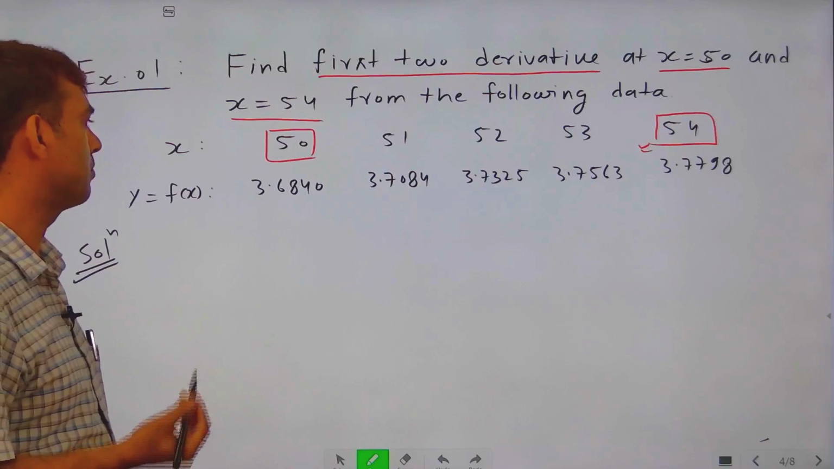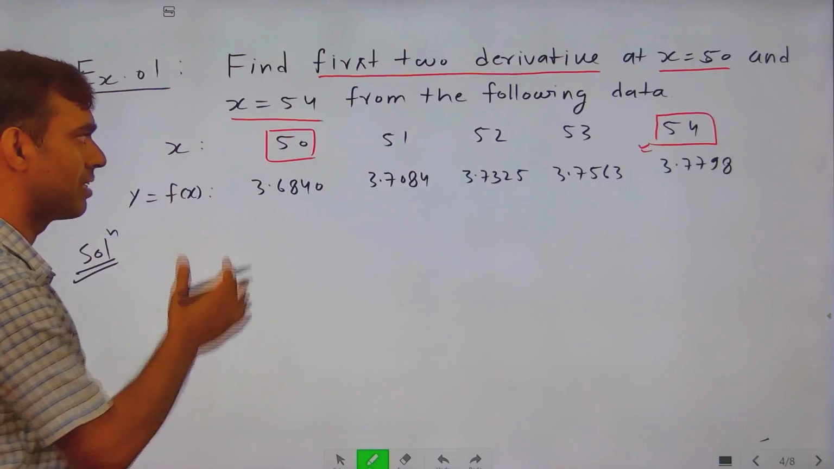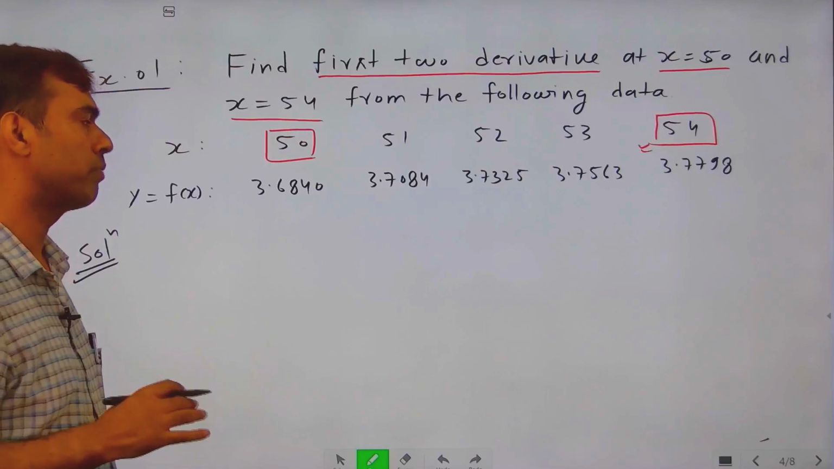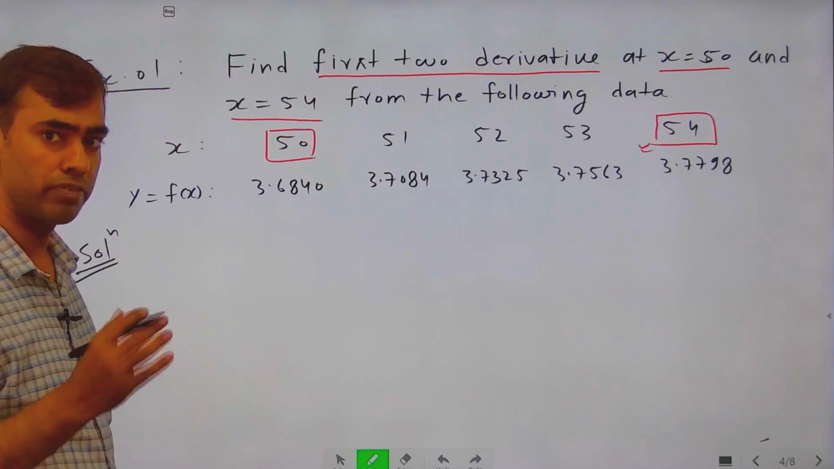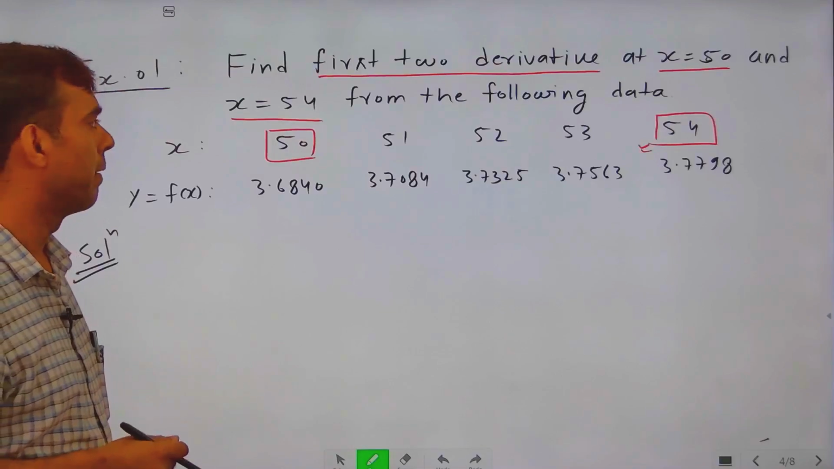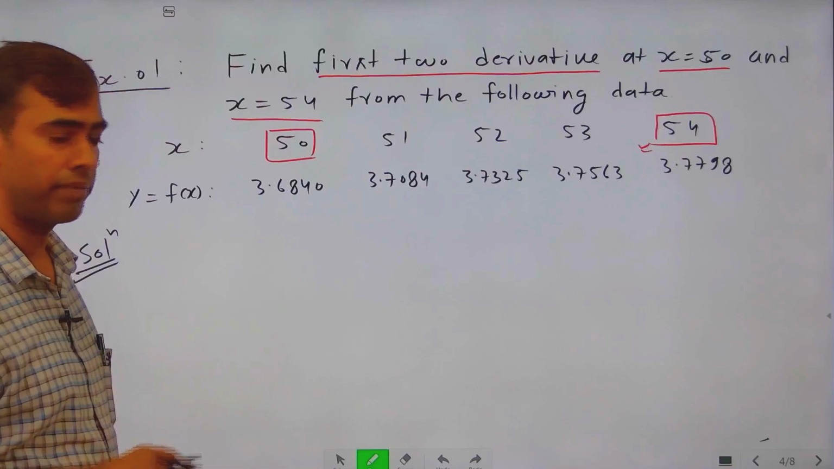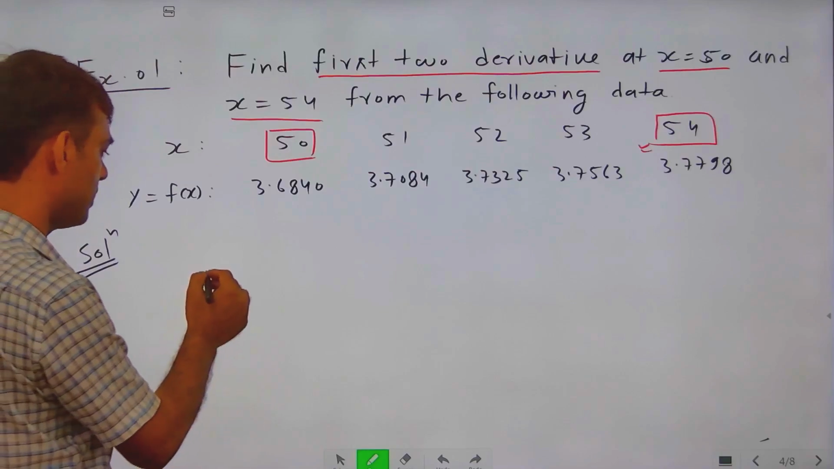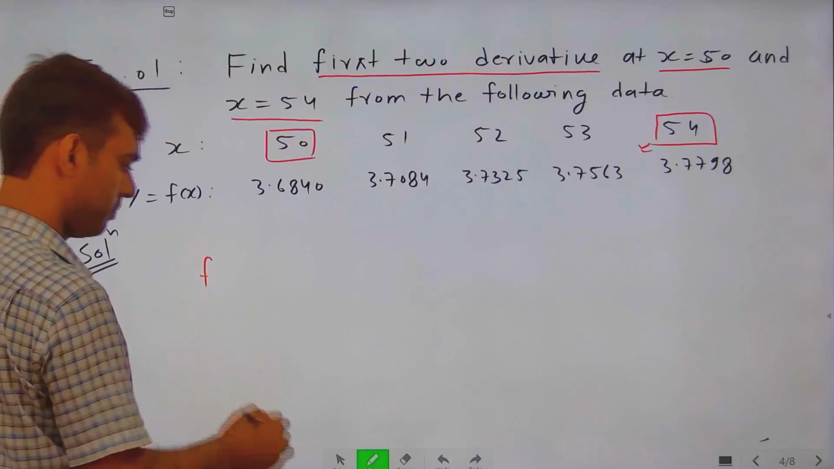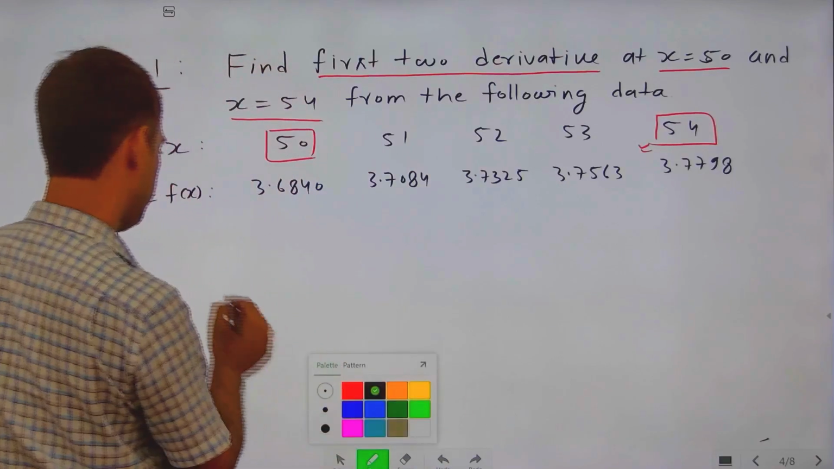So, what are the formulae? We know that earlier we derived the formulae of a derivative using the forward interpolation formula and the backward interpolation formula. So, here we directly write the formula of a derivative using the forward difference operator and backward difference operator. So, what is the formula? We know that